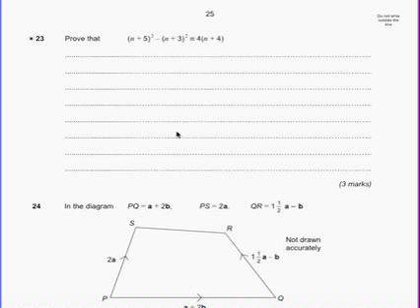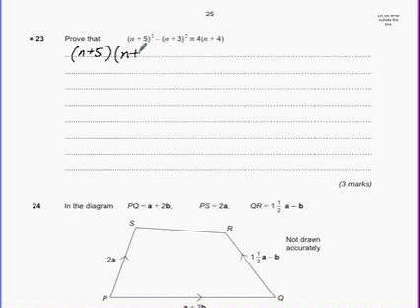Okay, so we're gonna do question 23 and question 24 from the AQA paper. Question 23 is asking me to prove that (n + 5)² take away (n + 3)² is equal to 4(n + 4). First thing you need to do to answer that question is write (n + 5)² as (n + 5)